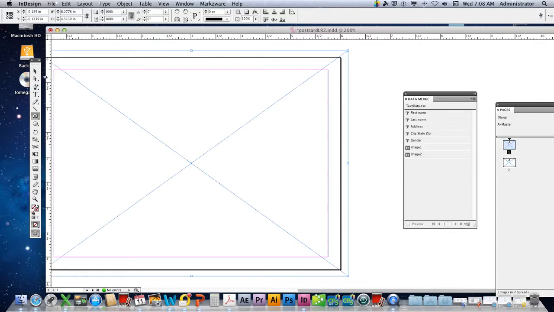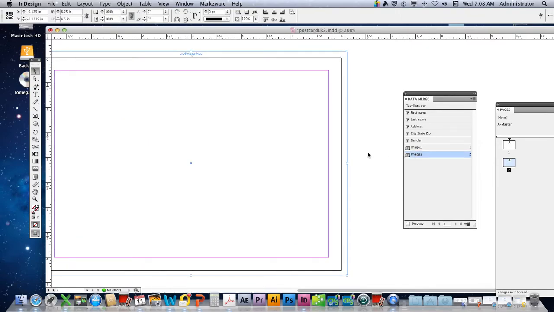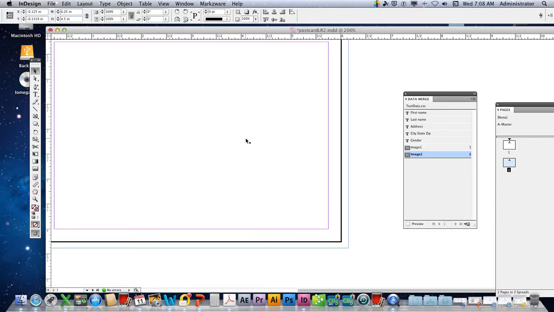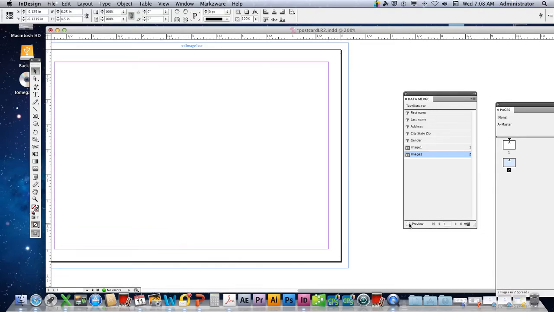So using the selection arrow, you want to select number 1. And we're not placing the images in here. We're going to use data to drive the images. So for this one, I'm going to click on image 1. Then I'm going to go to page 2, click on the picture box, and hit image 2. So it should say on the top image 1 and image 2. Now on the Data Merge palette, if I hit the Preview button,